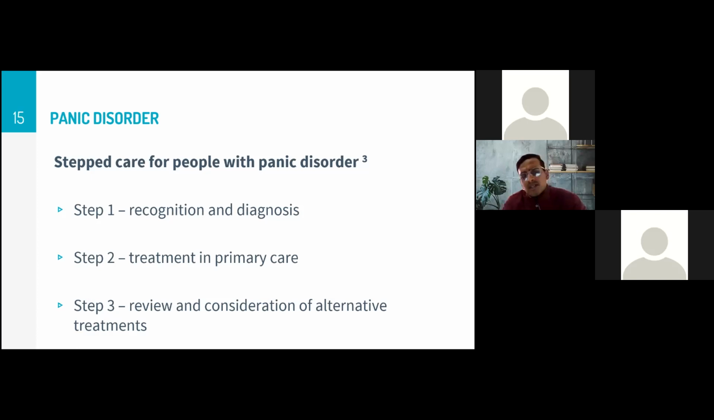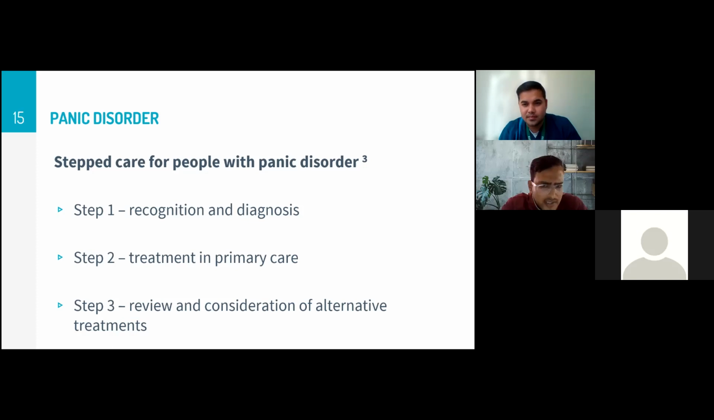Panic disorders are treated in a stepwise manner. This is taken from the NICE guidelines. So I'll go to the steps. There are 5 steps. First one being recognition and diagnosing the panic disorder. Second one, after we diagnose the panic disorder, if it's in the mild stage, we can go for treatment in primary care. There are different treatment options like psychological therapies, medications like SSRIs, SNRIs, or TCAs, and self-help can also